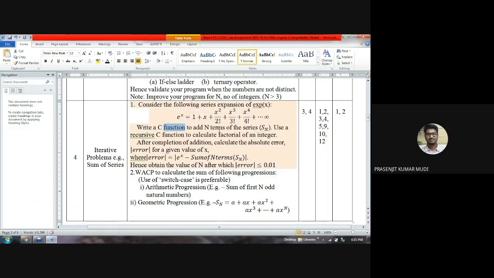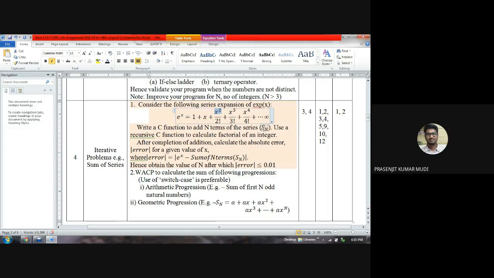First n terms. Okay. So this is the first term, second term, third term, fourth term, and so on. Likewise, we want to add up the first n number of terms of this series expansion, not the infinite series, and let that summation of the first n number of terms of this expansion be Sn.